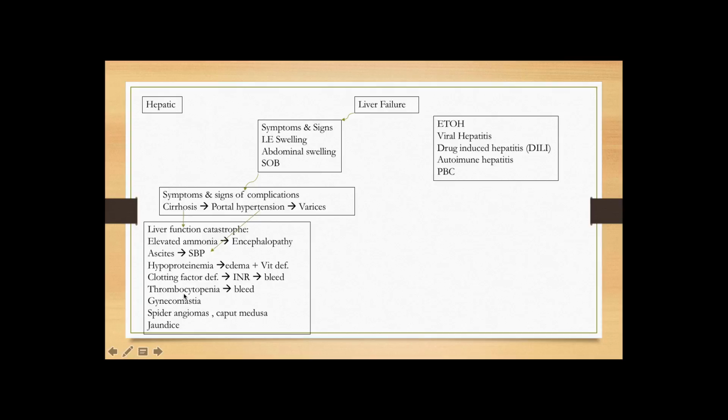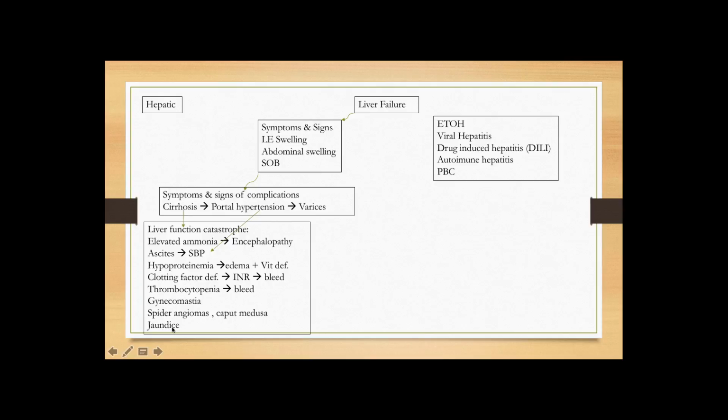So platelet count is an extremely important marker when we are looking at prognosis for cirrhosis. And then finally you have some of the less common or important features with cirrhosis. So you have gynecomastia possibly, then you have spider angioma, caput medusae. These are just small things that happen because of capillary dilatation.